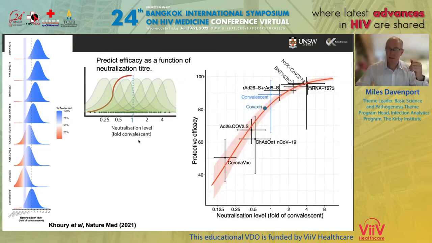And on the right here, you can see the red line is the best fit of that function, and the shaded areas are 95% confidence intervals. But also in green, right in the middle there, you can see the results for Covaxin. They weren't actually fitted to the line. They came out after we'd done the analysis and fitted this curve. We had known in advance what the neutralization titer was, but the efficacy number came out in early March and fell almost exactly on our line, confirming in our minds that this functional relationship was actually useful at predicting vaccine efficacy.